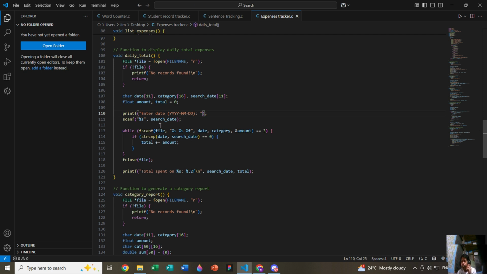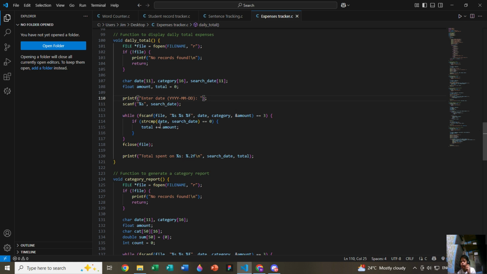Now for the while loop, basically it reads each line, basically the date, category, and amount fields, and it stops reading when scanf fails, meaning the end of line has been reached.